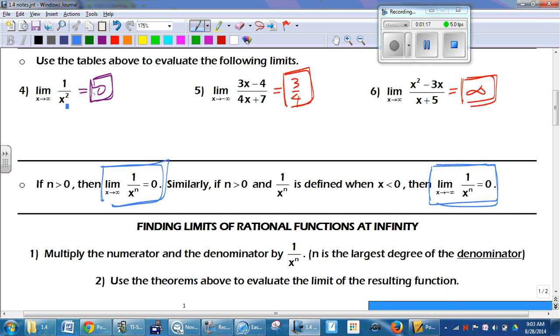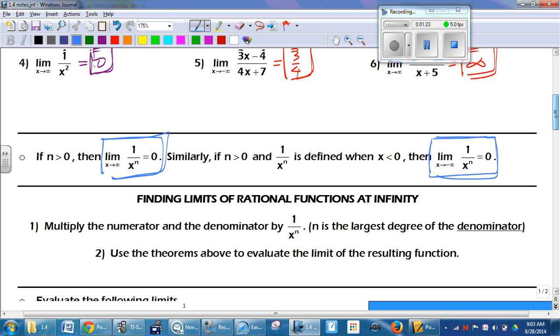Even if it was just 1 over x, same thing happens. Or 1 over x to the 1/2, same thing happens. And actually, something we want to keep in mind too, with some of the properties we've talked about before, even if there's a constant on top, we had the limit as x approaches infinity of c over x to the n. That's going to be 0 also. So even if we have a constant right here,